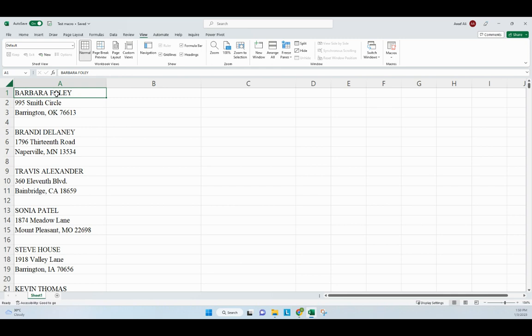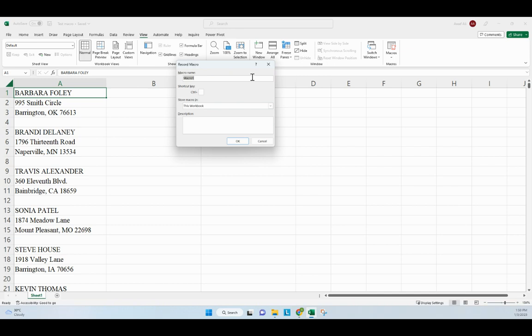We're in A1 and we want to record the macro, so we go to the macros menu here from view, and we're going to record macro here. We're going to give it a short name. This macro is being created to do a mail merge, so we're going to call it mail underscore merge. And we want a shortcut key to use here, so we'll probably use something like R, an uncommon key. And we want to save the macro in the current workbook. So if we click OK,